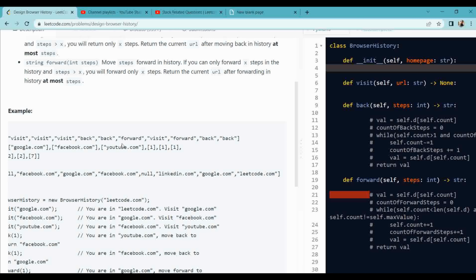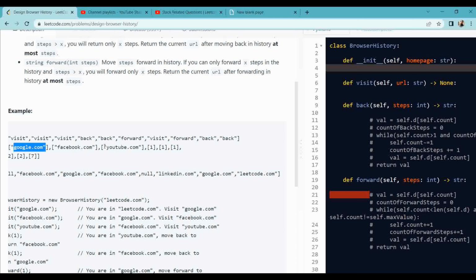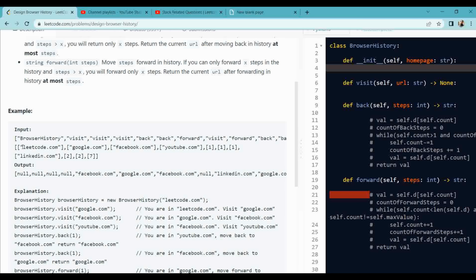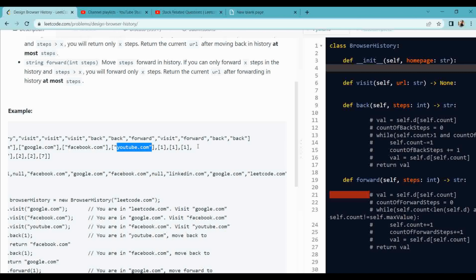Now I need to move in the backward direction, that is google.com. And again if I move backward, it is leetcode.com. Facebook, we have a Facebook, we have a Google, we have again Facebook. And when we move to the next page, here it will be LinkedIn. But if we move in the backward direction,